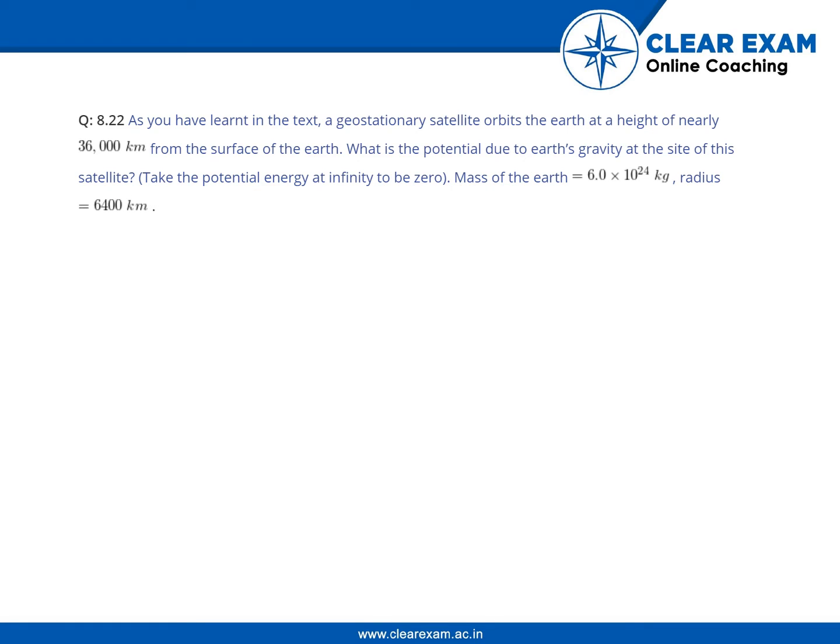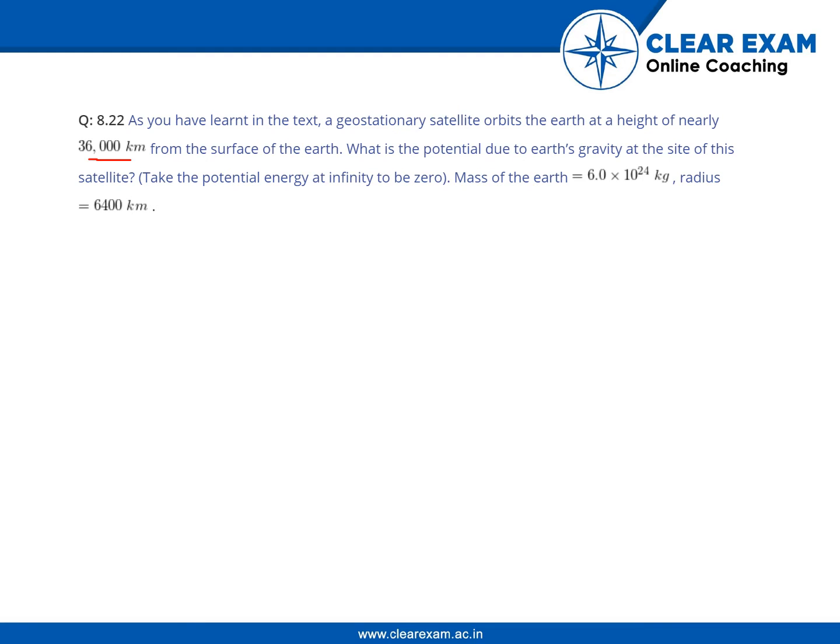The question given here is, as we have learned in the text, a geostationary satellite orbits the Earth at a height of nearly 36,000 kilometers from the surface of the Earth. What is the potential due to the Earth's gravity at the site of the satellite? You can consider the potential energy at infinity to be 0, and the mass of Earth as 6.0 into 10 power